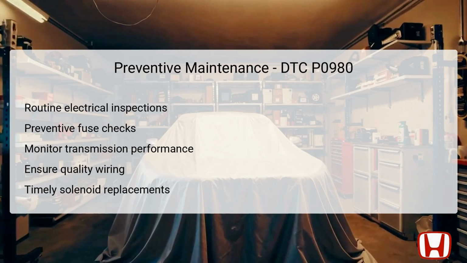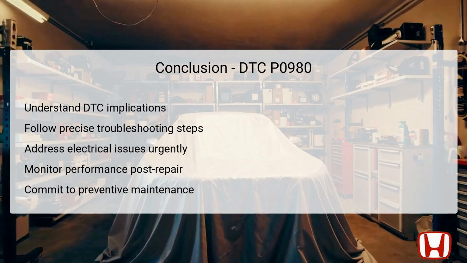In conclusion, understanding the implications of DTC P0980 is vital for any Honda Accord owner or technician. This code, indicating an issue with Shift Solenoid Valve C, serves as a crucial marker for diagnosing underlying electrical problems. Following precise troubleshooting steps ensures not only effective identification of the fault, but also helps to establish a systematic way to resolve these issues. Promptly addressing any electrical concerns is essential